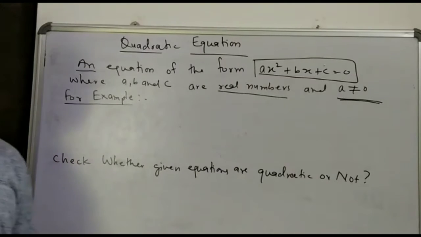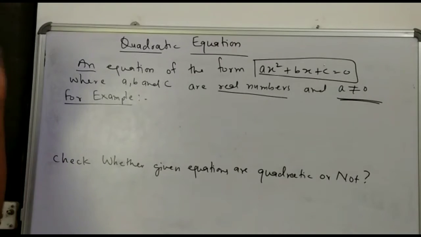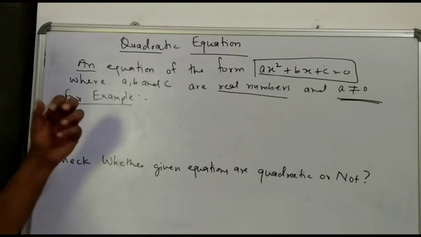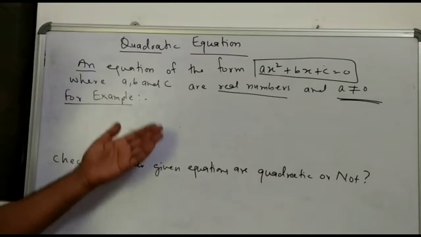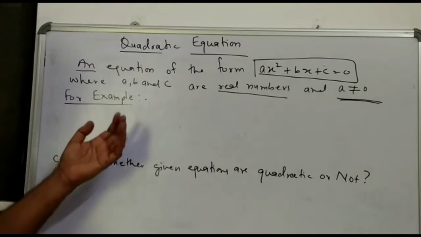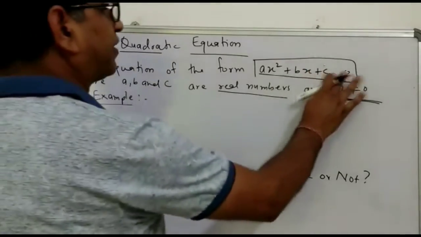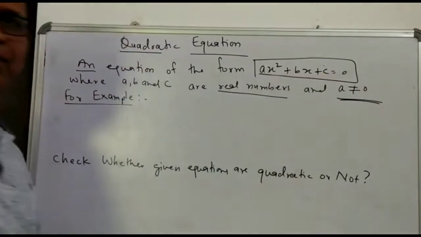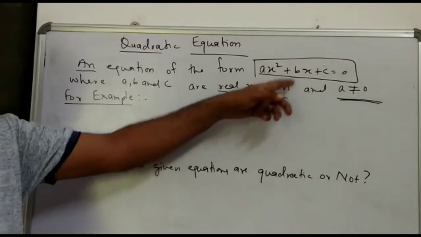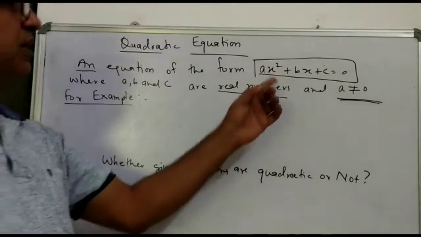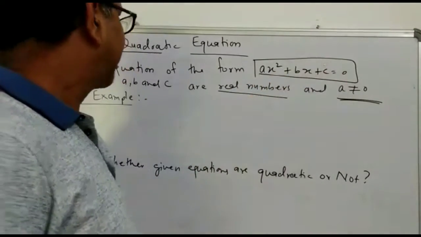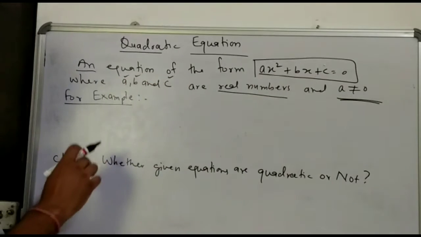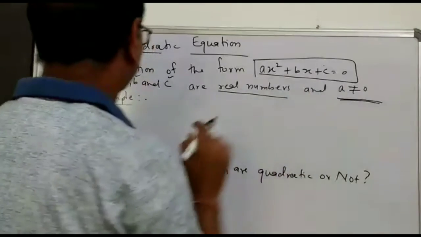See, last year in chapter number 2 you have read linear, quadratic, cubic. But there it was the polynomial, that is linear polynomial, quadratic polynomial, cubic polynomial. If I write this, it is a polynomial, and when I write equal to 0, then this quadratic polynomial becomes quadratic equation, because now it has a left hand side and right hand side. And very important part, this a, b and c are real numbers and a must not be equal to 0.